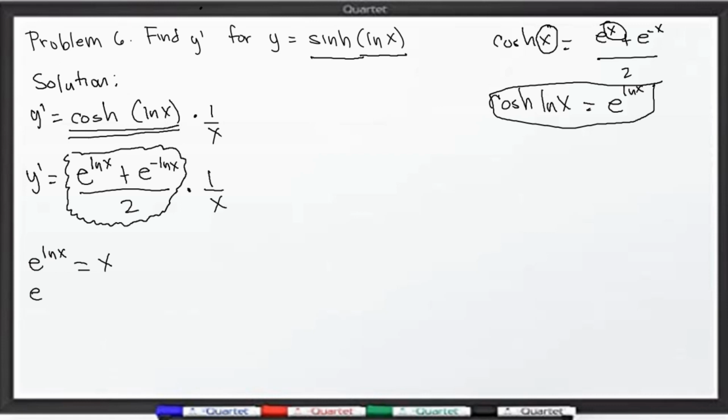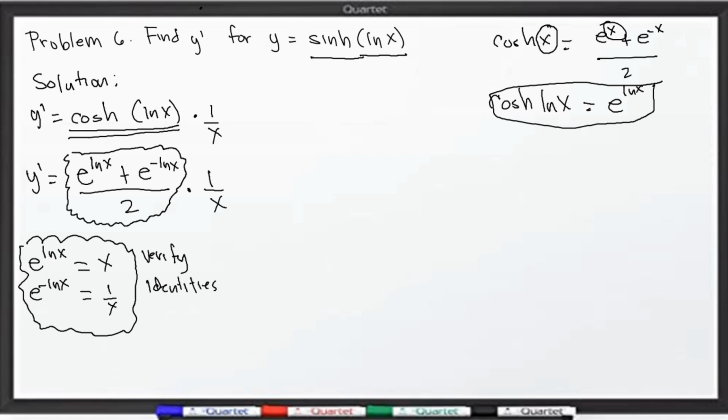Tapos, yung e to the negative ln of x, meron din daw pong identity yan, which is 1 over x. Ilagay po natin, verify identities, no? Ayan, nilagay ko po para pag nag-aaral kayo, malaman nyo kung saan nanggaling yan. Both this one and this one, you have to verify doon sa mga naunang ipinakita natin na slides, ano? Okay, kung magkaganon man, kaya po daw natin i-simplify ang ating